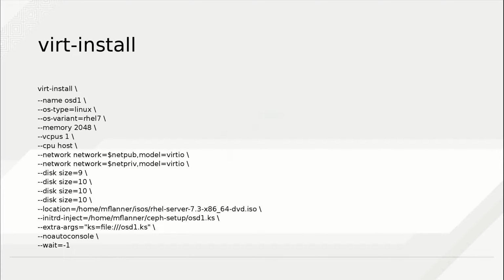This is an example of one of the virt-install commands I execute. Some items worth noting in the command include the network settings, where 2 virtual networks will be created, and the disk section, where I create a 9 gig virtual drive for the operating system and 3 more 10 gig virtual drives for additional storage. I provide the location of the ISO file in the location option,